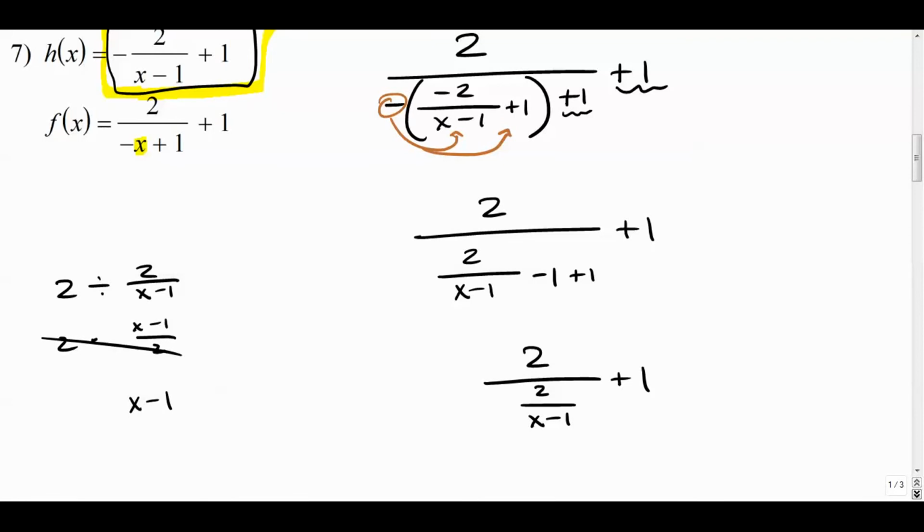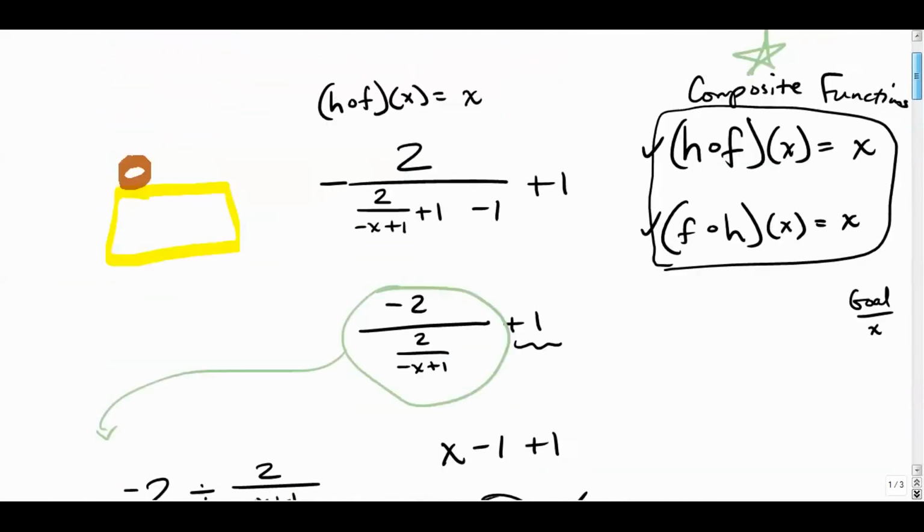So this whole craziness right here simplifies down to just x minus 1. And then we have plus 1. And what do you know? X minus 1 plus 1 is just x. Thank goodness. That was a little bit crazy. A little bit more complicated than I thought it was going to be. But